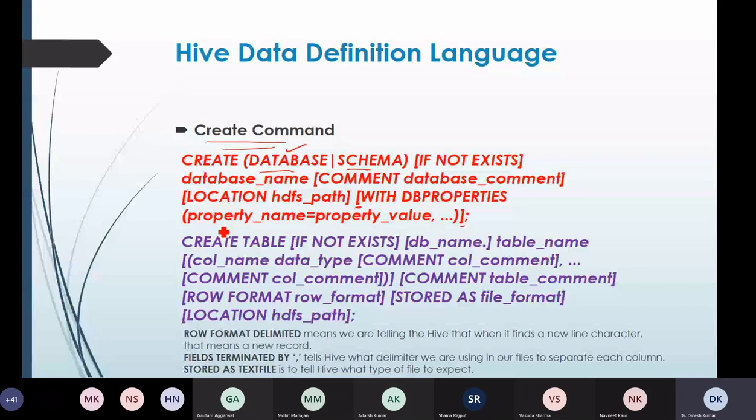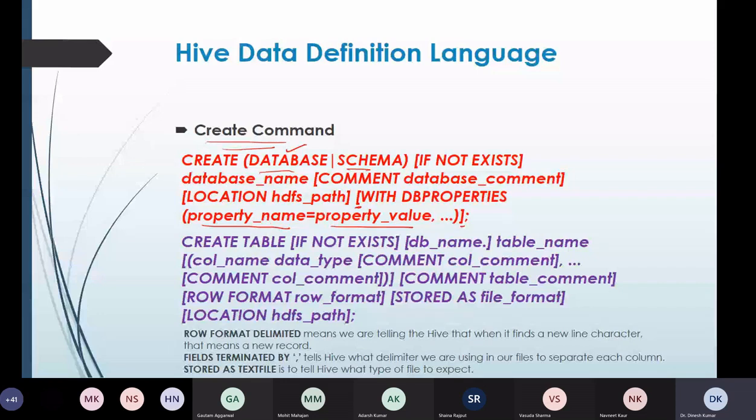We can write a property called created by with the name, or date of creation, and write the date in the value. So this is the name and then the value of the property which we have defined over here. All these are optional parts, we can run the create command without using them also.